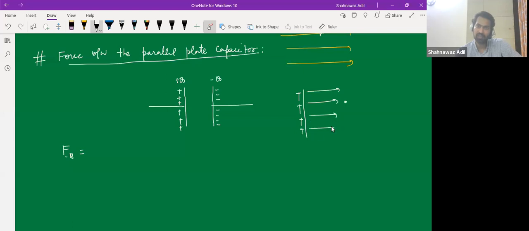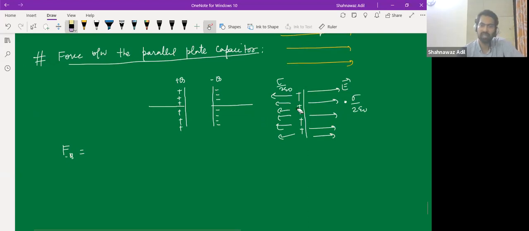So F by Q. We want to calculate this F. If I write sigma by 2 epsilon naught, then you will say, oh, this is the electric field due to a sheet, right? Yes, sir. So we have the electric field, which is sigma by 2 epsilon naught, right? Okay. Keeping that in mind,